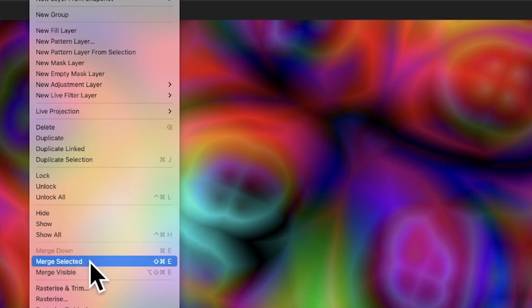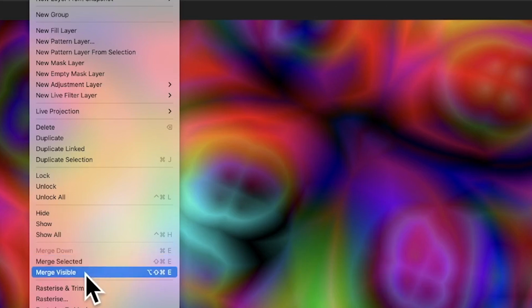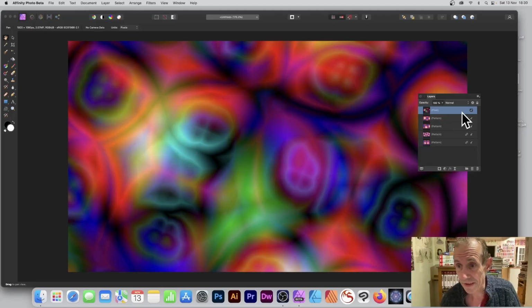You can select them all. You can go and select them all and then go to layer and merge selected. However, I find that does crash. It does have a tendency to crash. So I would suggest probably best just to go and merge visible. Merge visible. It does mean, of course, you will lose the pattern aspect if you want to freeze it now. So if I just go merge visible, you end up with just this pixel layer and you can just clear all those and you've got that one layer